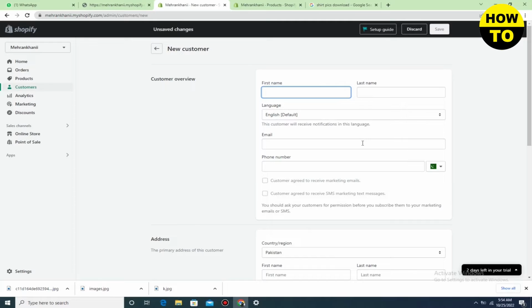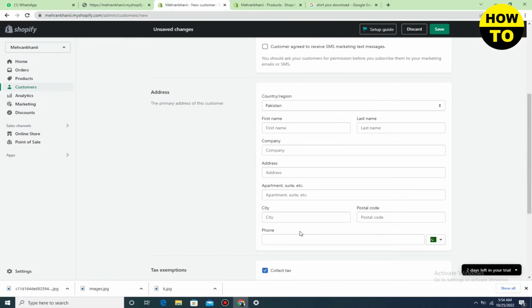So just type the name here, like I'm typing a random name here, and also add all the details, like I'm adding an email address. So here type the cell phone number. You can also use all these options. Now after this,